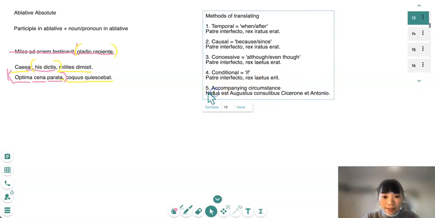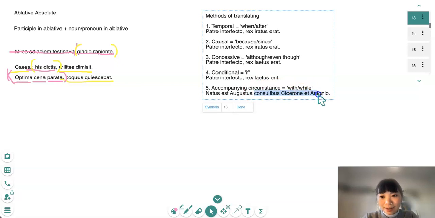So here this whole sentence means Augustus was born, and then this is an ablative absolute with Cicero and Antony being consuls. The accompanying circumstance is just something that's happening at the same time as the event in the main clause. So sort of with or